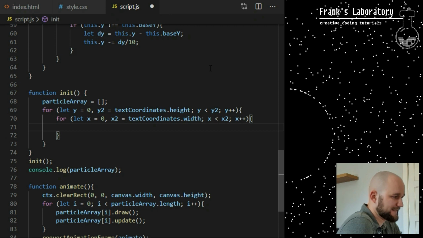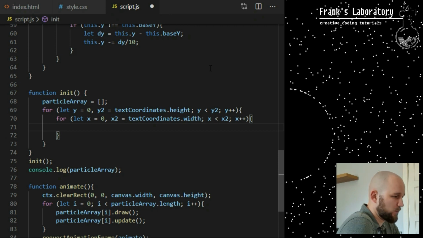Back on line 70, I say as long as x is less than x2, x++. This nested for loop might look complicated, but all that's happening here is I have a grid of 100 times 100 pixels. I go through them row by row on line 69. Each time I enter one row, I go through that row of pixels one by one until I reach the end, in this case pixel number 100. The inner for loop on line 70 will exit. We jump back to the outer loop on line 69.